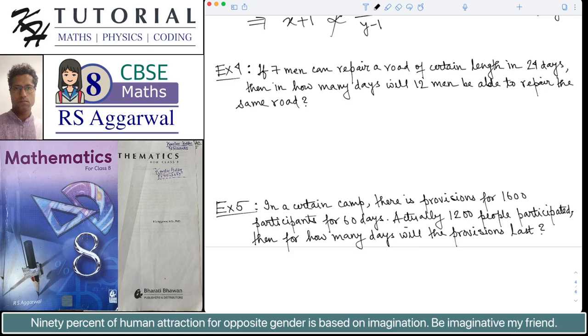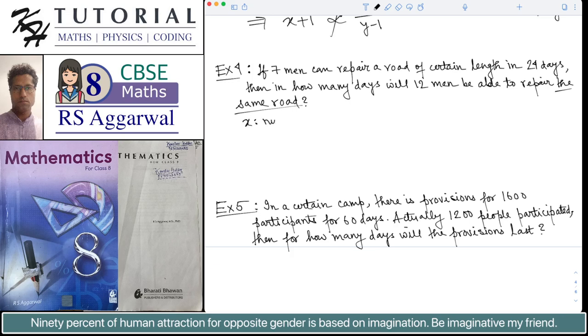So what is work here? The work here is to repair a road of certain length. So the work is constant. The work is constant because it is saying that then in how many days will 12 men be able to repair the same road, that is the road of same length. This means that the amount of work is same. So if I consider